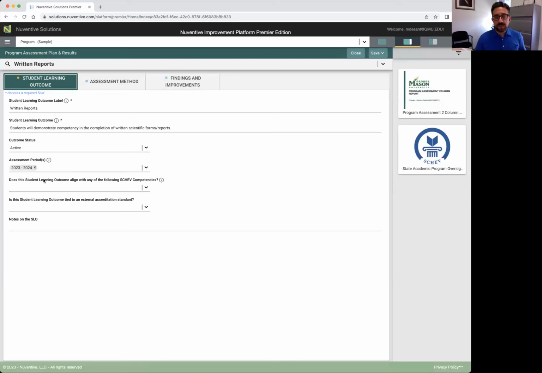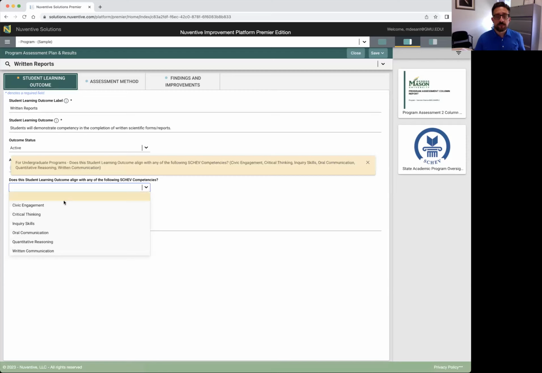Additionally, there is a new dropdown, which is a new part of the assessment process that says, does this student learning outcome align with any of the following SCHEV competencies? The Commonwealth has six competencies that Mason is responsible for: civic engagement, critical thinking, inquiry skills, oral communication, quantitative reasoning, and written communication. If you feel that your program outcome speaks to any of these outcomes, please select them in